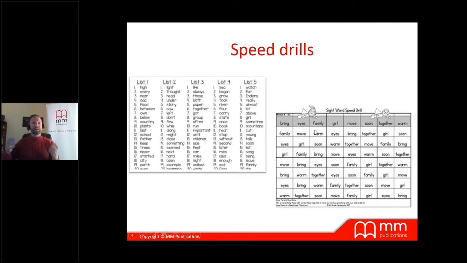Speed drills. I don't know if you're familiar with speed drills. It's something which is quite close to what we talked about before in set phrases. If you have a look at the lists, the words that these lists comprise of, you can see that it is high frequency words or graded word lists that give good content for speed drills. And if we think about the fact that high frequency words are, let's say, about 50 to